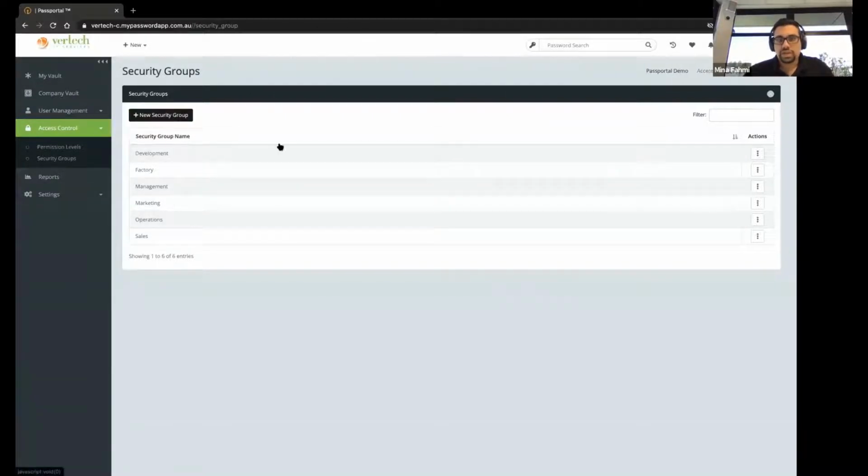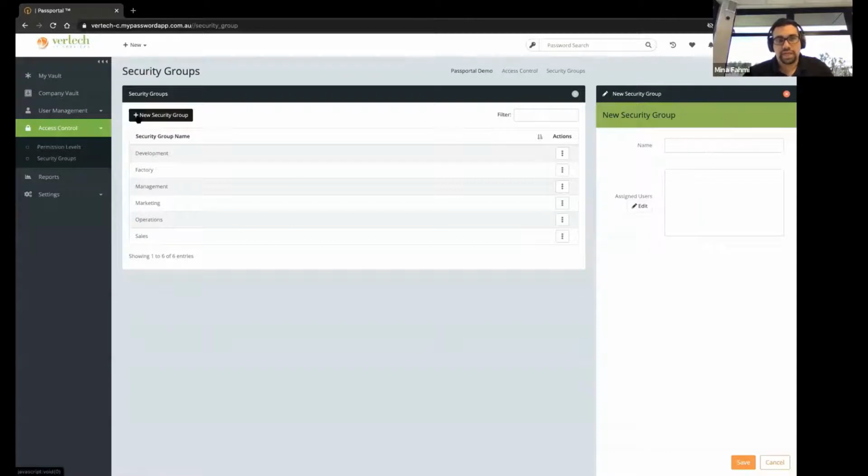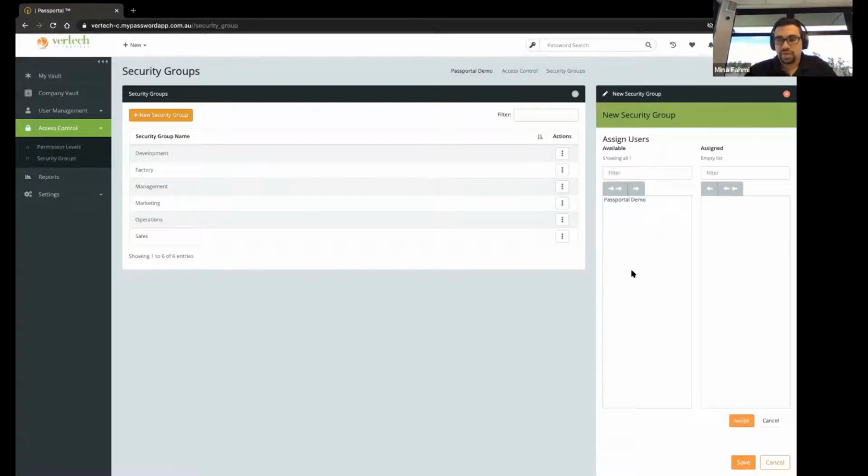And we can create new security groups by just creating a new security group and giving it a name. So for example, we're going to create an HR group, and then we're going to click on assigned users and click edit, and it gives us a list of users. The reason we say it's better to do it from here is that we can see a list of all users at once, instead of trying to think, while we're adding the user, which security group they should be part of. So at the moment, we only have one user, which is the demo user that I'm using. And we can just click on it and put it under the assigned column and click assign and then